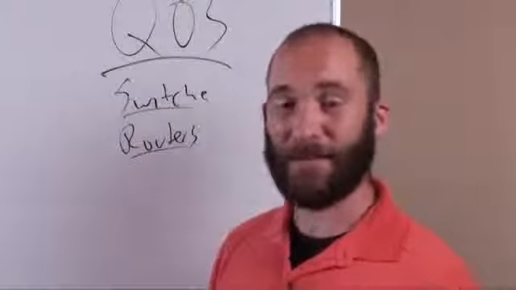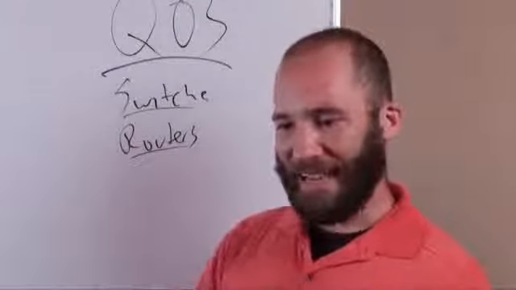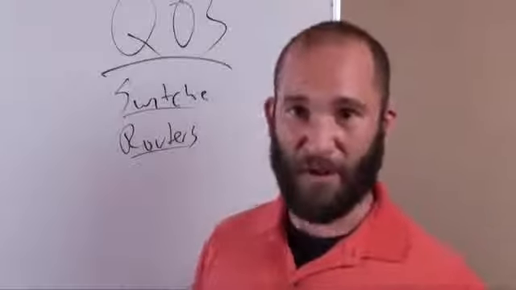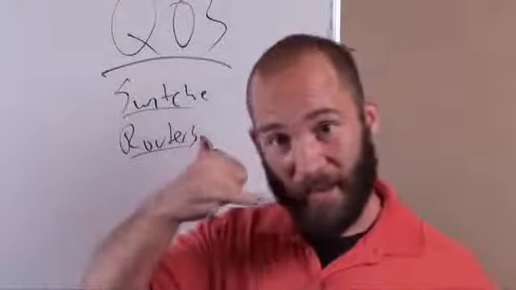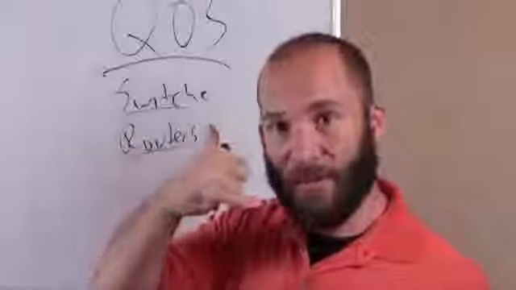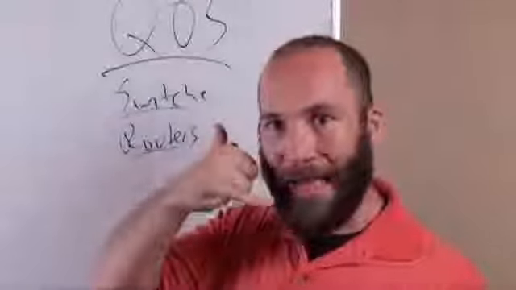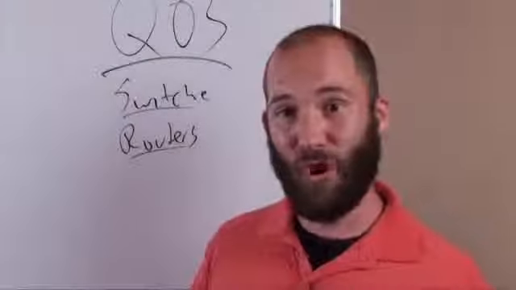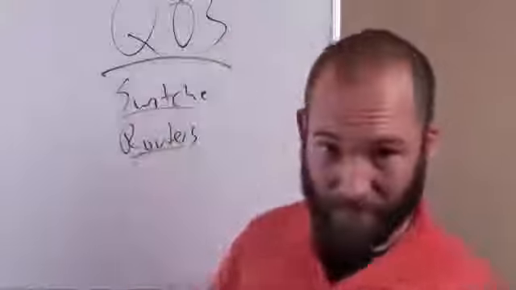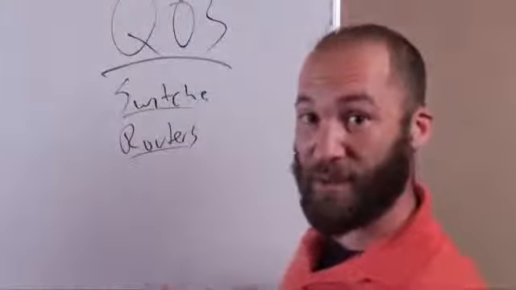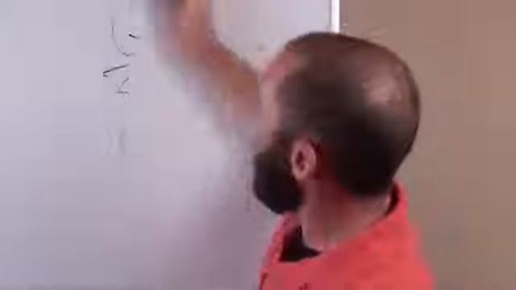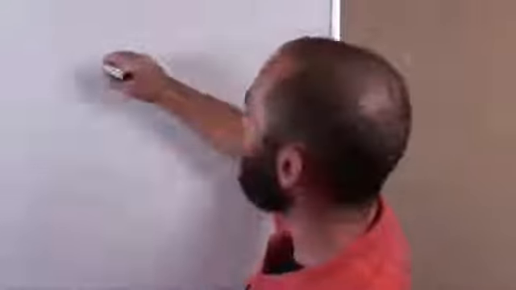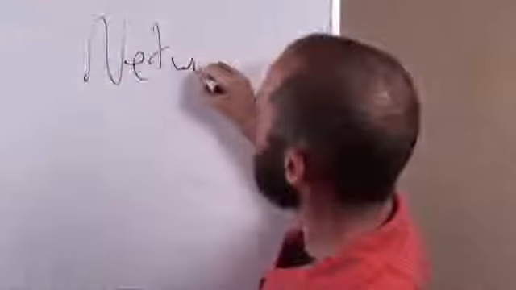Again, when you're sending emails or downloading files, a little bit of delay, you don't even notice it. If you're talking to somebody on the phone and there's a delay, you start getting weird stuff. So the main thing is you don't want delay on the network. That's why you use quality of service. Like I say, it'll prioritize your voice over IP network traffic, and basically make sure everything goes through. The next thing that we need to talk about is network latency.